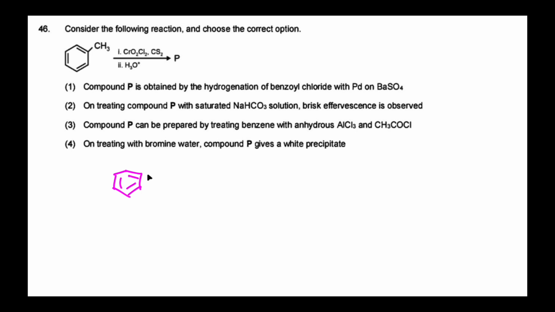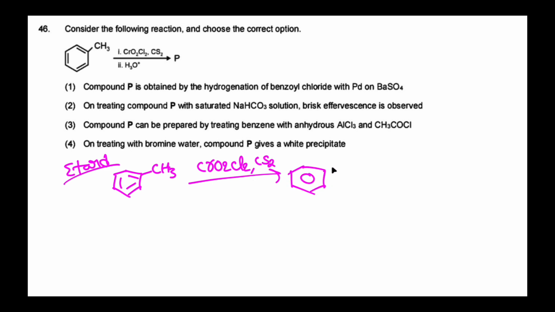When toluene is treated with chromyl chloride, that is the Etard reaction, a named reaction. First it is treated with chromyl chloride, CrO2Cl2, in presence of carbon disulfide. It gives the product CH(OCrOHCl2) twice. Then followed by hydrolysis, it becomes